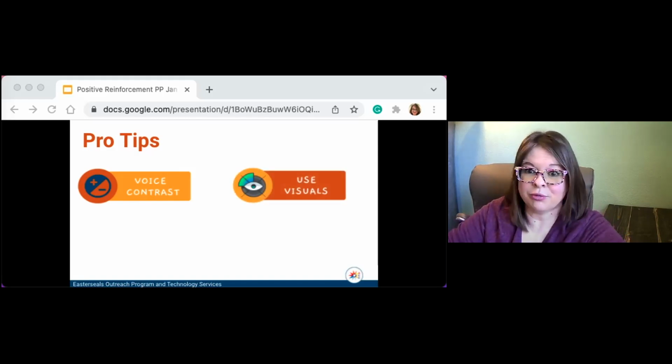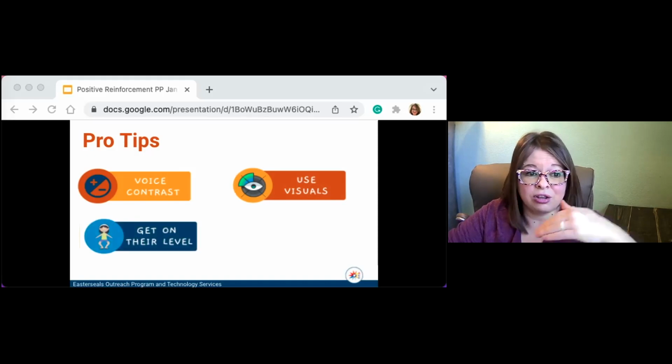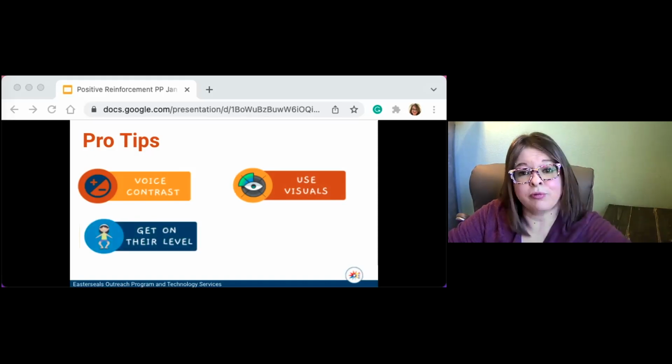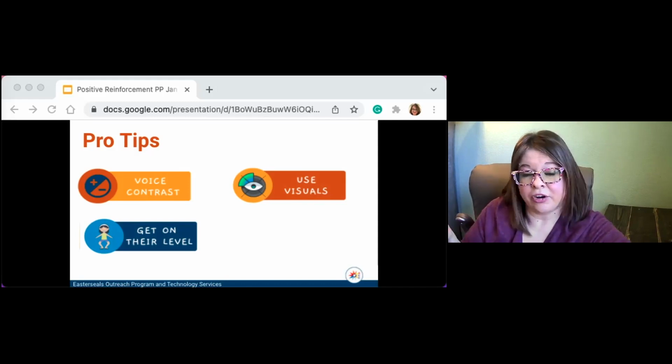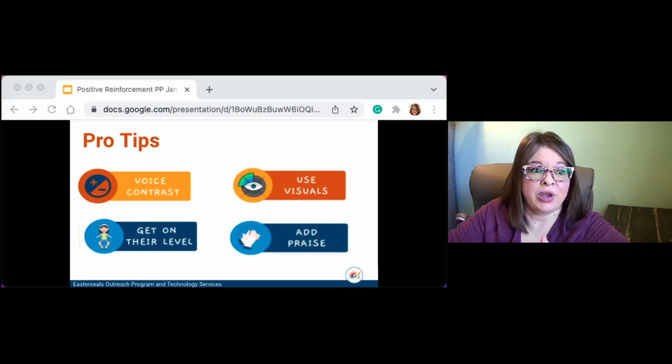You want to use visual supports. We have an entire training on visuals and how important they are to classroom success. So make sure you have those visual supports out. That helps make things clear for students. You want to get on their level. So get close to them and down on their level before you give a direction. If you're at the secondary level, maybe you squat down next to their desk. And you want to be specific when you